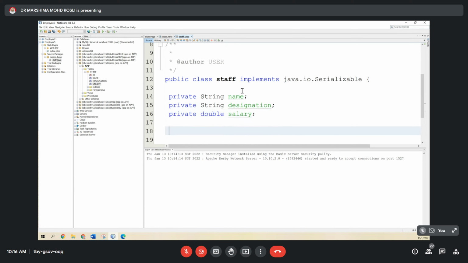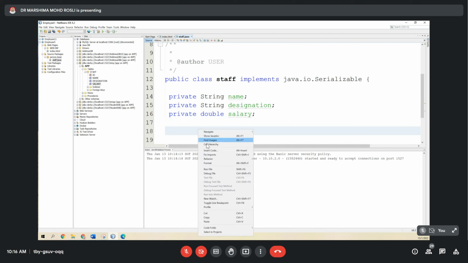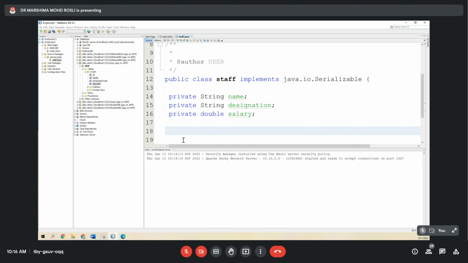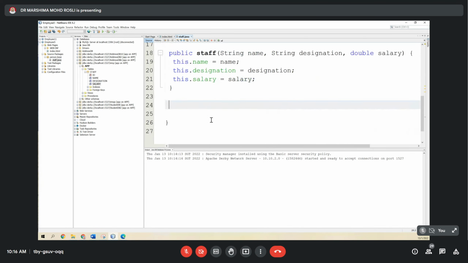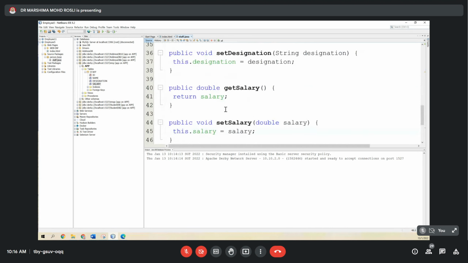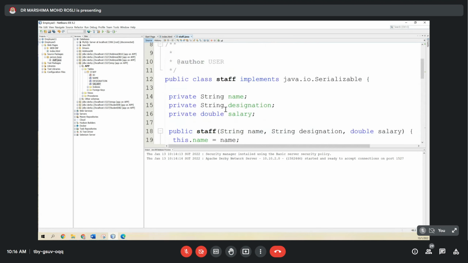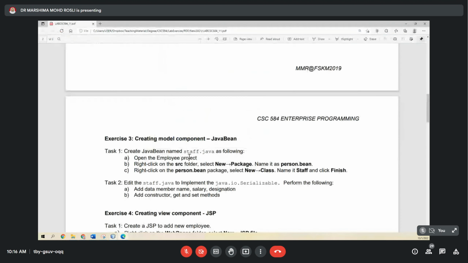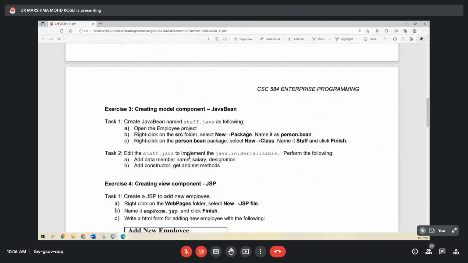So these are the three data members. Then you create the constructor, insert constructor, select all, which is the default one, and then create the getter and setter. Right. Done. The model is ready. Next,